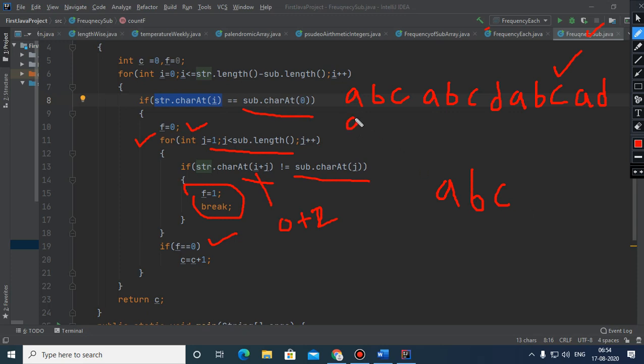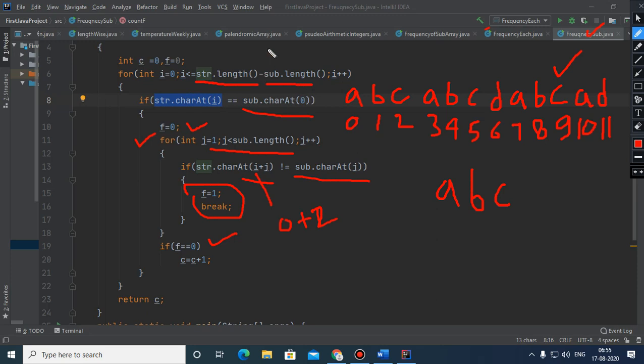This is index number 0, 1, 2, 3, 4, 5, 6, 7, 8, 9, this is 10, and this is 11. The length is 12, and 12 minus 3, which is 9. So the loop will go up to 9. So the loop will go from 0 to 9.